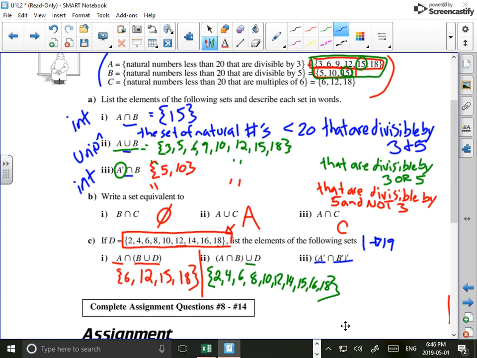So if I just can hopefully give myself a little more space here, we are going to have 1. Yep, that's going to be in our set. 2, that's in neither of those, so it's going to be in this set. 3, no, I see that in A. 4, yep. 5, nope. 6, nope. 7, yes. 8, in neither of those, so that goes in my set. 9, I see that. 10, I see that. I don't see 11. I see 12. I don't see 13. I don't see 14. I do see 15. I don't see 16 or 17. And I don't see 19. So that set is